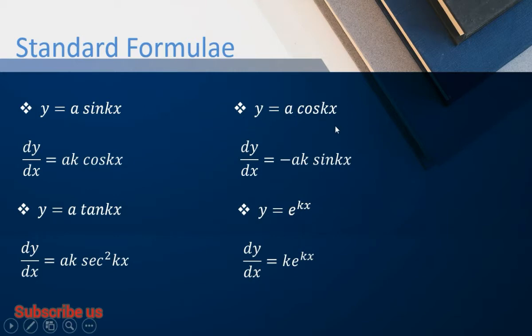If y equal a cos kx, dy by dx equal minus ak sin kx. In that we have to differentiate the angle and multiply it by minus sine of the angle itself, so we get minus ak sin kx. Next one, y equal e to the power kx, dy by dx equal k